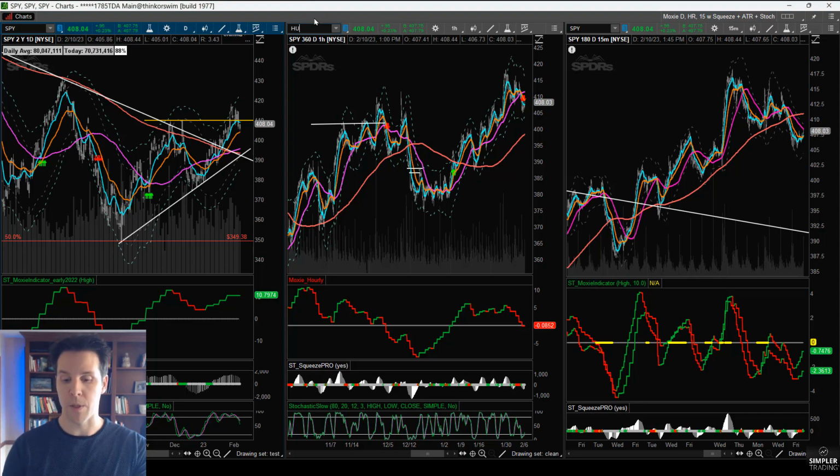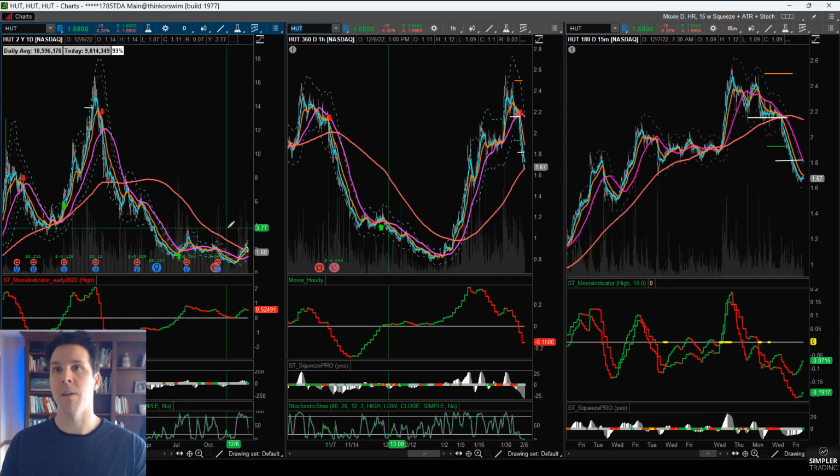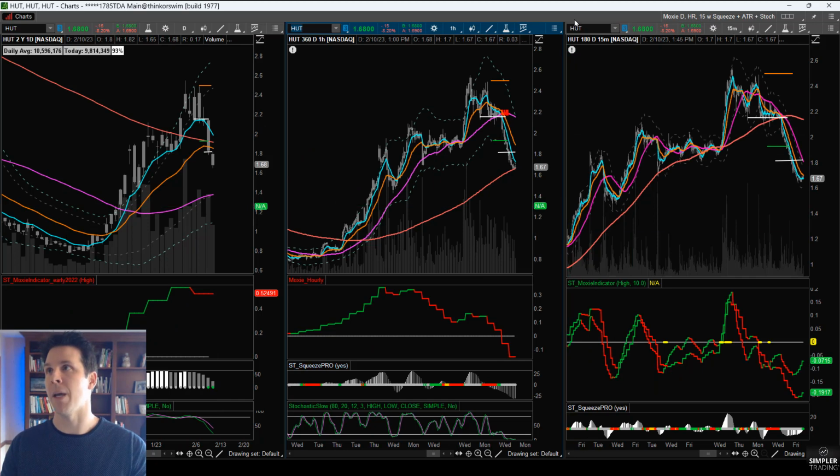One way to look at that, we took a nice trade on HUT. This is a Bitcoin miner, and it was just a very, very clean setup. It was all the way up here. I do think eventually it'll get down here, but it won't do it in one step. It'll probably do it in two. And so we took it right here as price started to fall off at the hourly 50, and a perfect rejection by the underside of the 15-minute 50 with the Moxie indicator below zero.